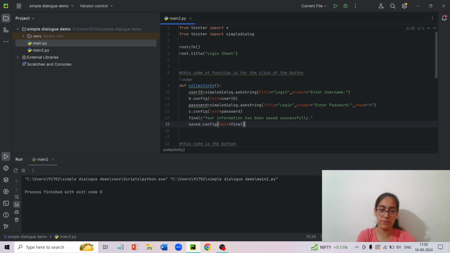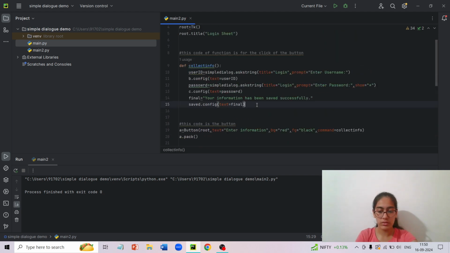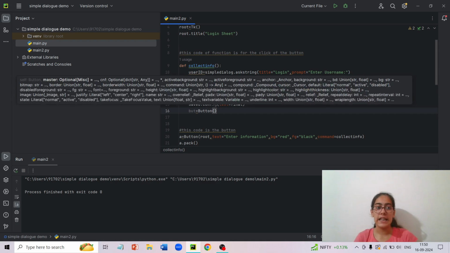I'll create a button at first to ask if BUT. So this button will show that, do you want to save your information in another file.